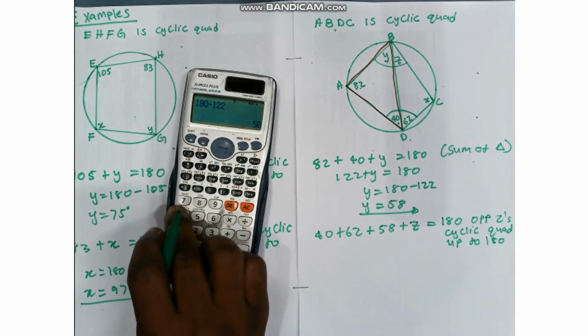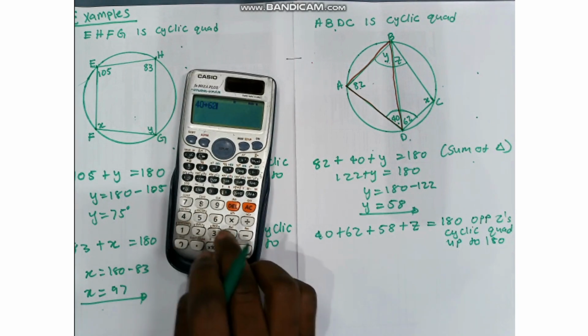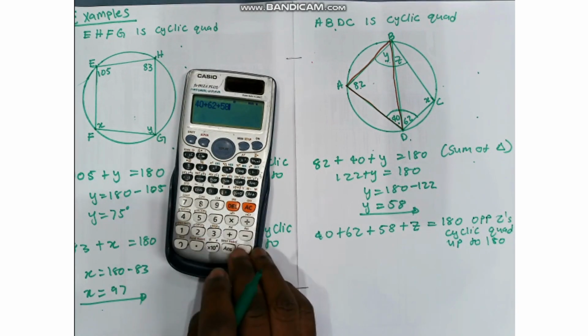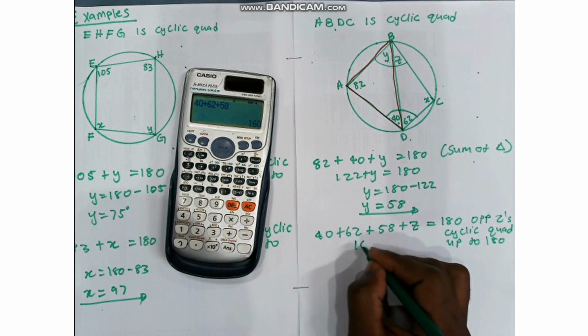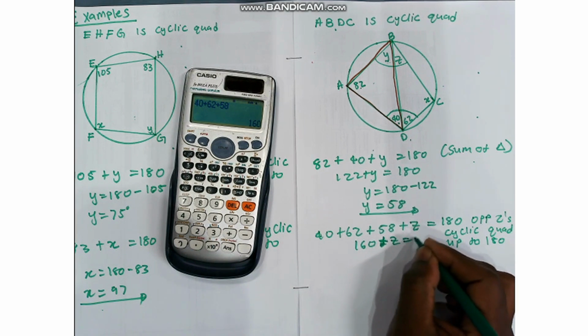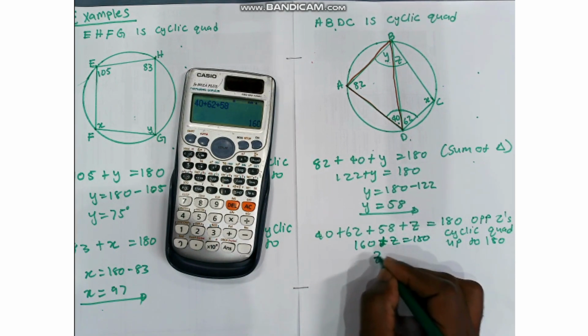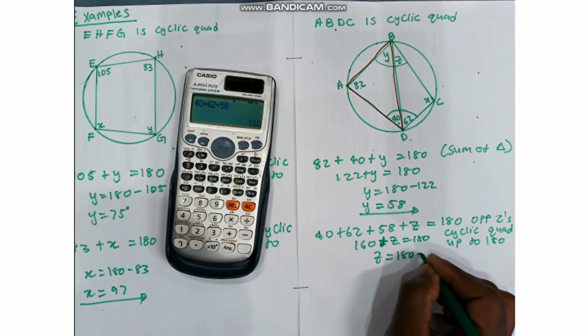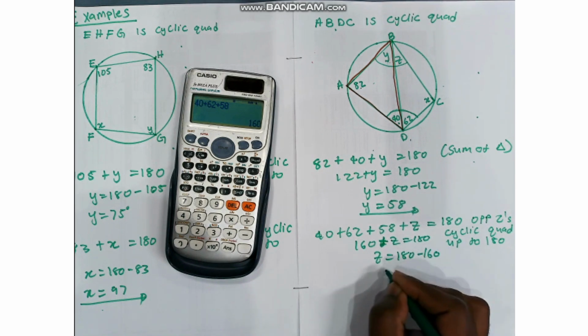Now we can add 40 plus 62 plus 58, which is 160, plus z is equal to 180, then z is 180 minus 160,